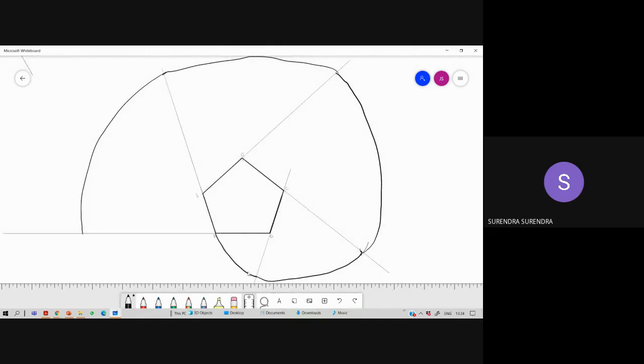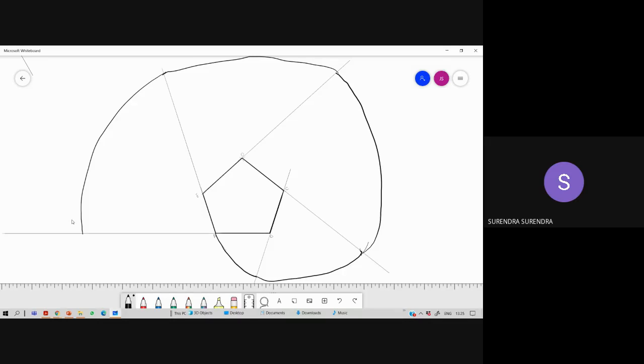When you unwind any string, the first side unwound is the side length, the second side 60 mm, the third side 90 mm, the fourth side 120, the fifth side 150. So each is a multiple of the side length 30: 30, 60, 90, 120, and 150. This is the only curve where we use a compass for constructing a curve.